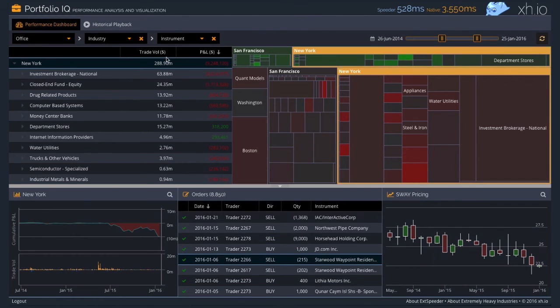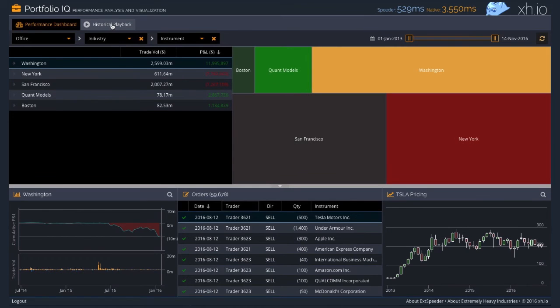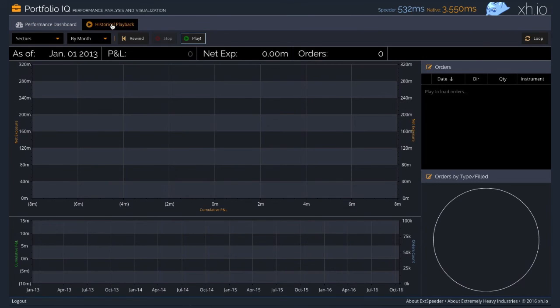With this kind of data access and a rich UI like this, we're able to do something really fun and look at historical playback over time. Let's zoom out to our full time limit and load this tab, the historical playback tab. Starting at the beginning of our performance period here in January of 2013, it's going to load month by month performance over various sectors and show us a visualization of how P&L changes over time as well as net exposure. It keeps track of what orders are going in and what kind of orders are being placed and how they're being